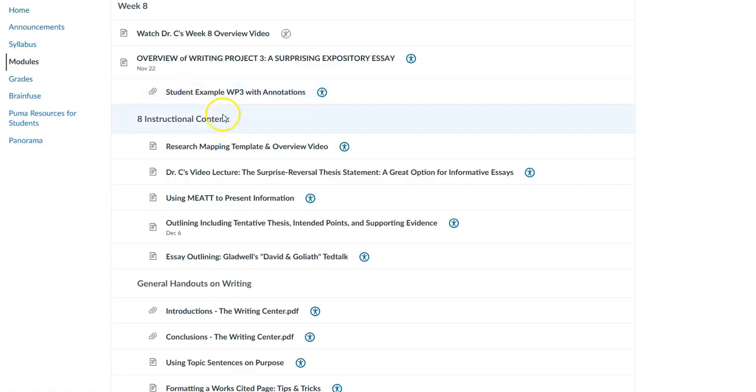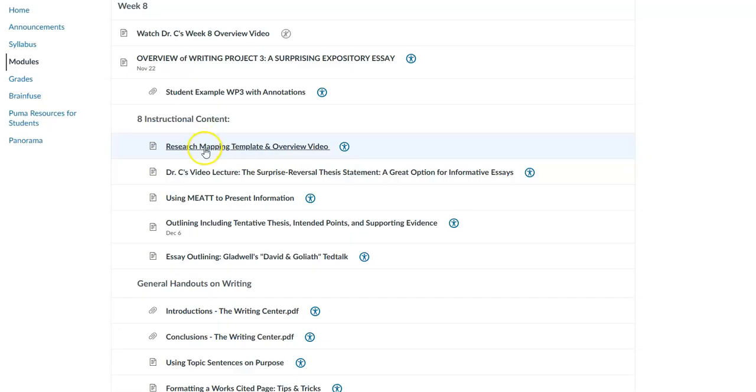So read that over. I'm not going to get too into it because I have a really important video that I want you to watch here. But the first thing that we're going to do to organize all of this information we have gathered is to map it out. Bring it all together into one piece of paper, one place where we can look at it all at the same time, so we can determine what are the important points that we want to share with our reader.